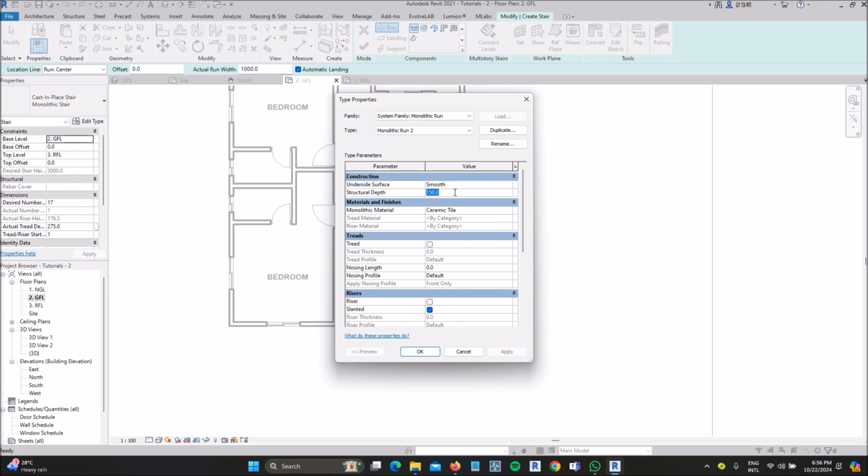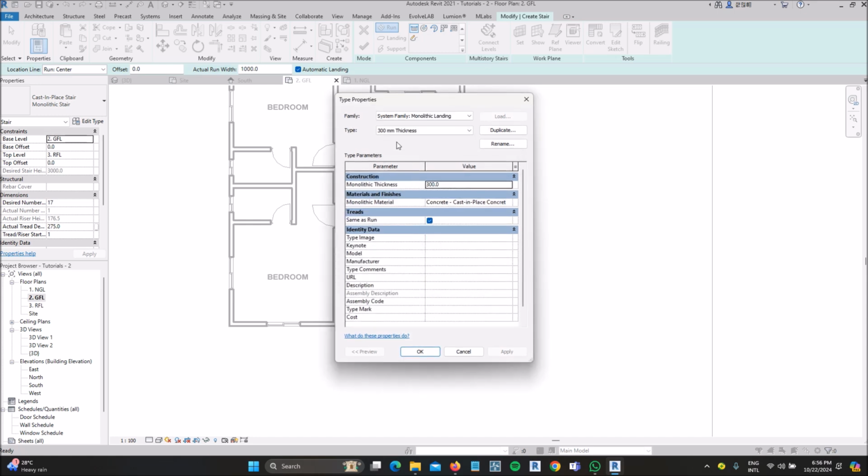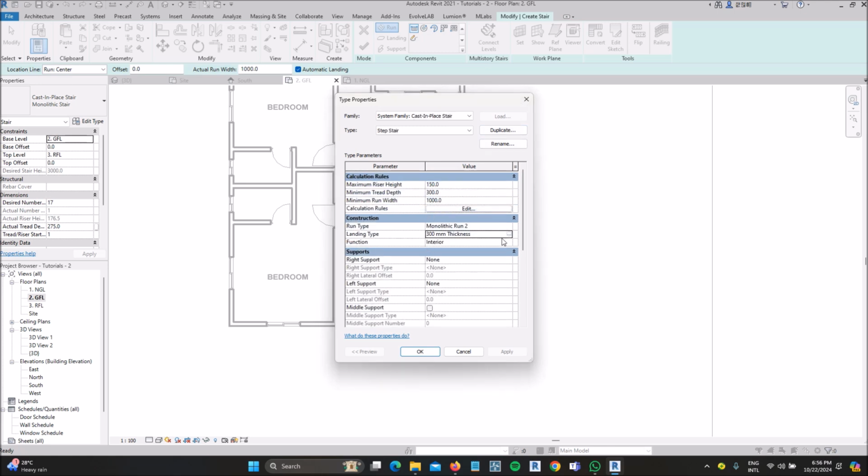Then here, whatever is the maximum height, the floor height from natural ground level of your ground floor, that is what you will make the structural depth. So I'll make it 450 because mine is 450. In some cases you can also change the thickness of the run, but landing you can leave it. So with this now,